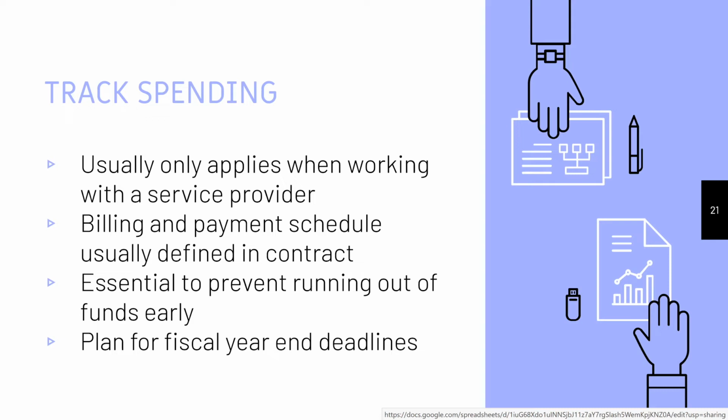Usually when you are working with a service provider, the billing and payment schedule is defined in the contract. Let's say something like, the service supplier will invoice SFU on a monthly basis for all hours spent on task in that previous month, or something of that nature. The language will vary, but the idea is that you have this pot of money, you have this length of time, and you need to make sure that you're spending it out at the rate that you predict,